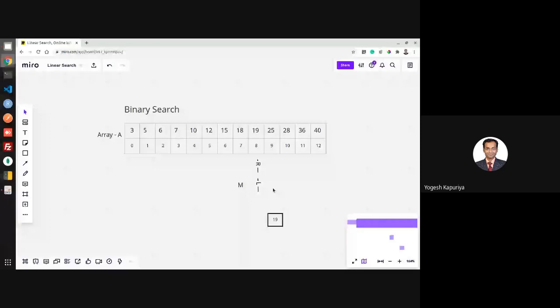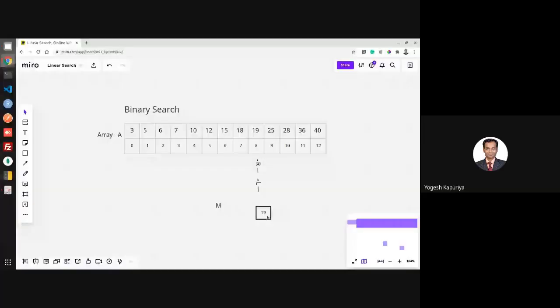Find out the midpoint. Left plus right by 2, 8 plus 8 by 2, that is 8. Compare now with the midpoint. So what happens? They are the same. So it means that now you have found the element, right? So this is binary search.